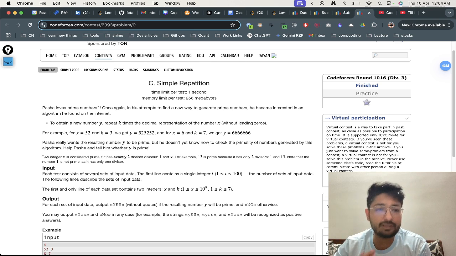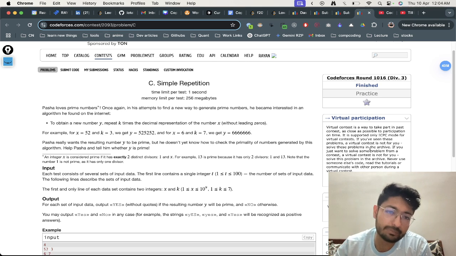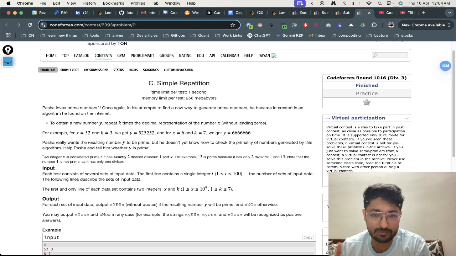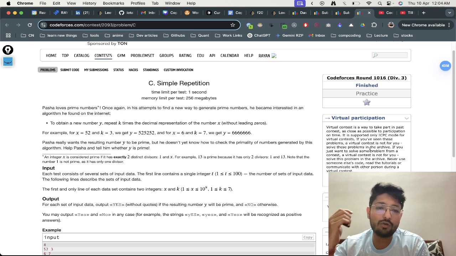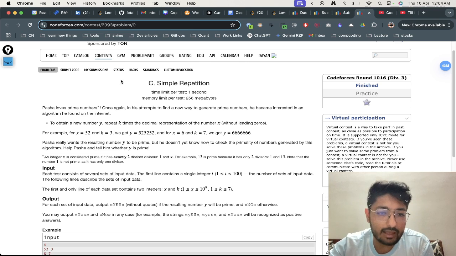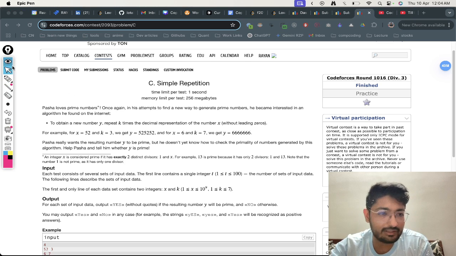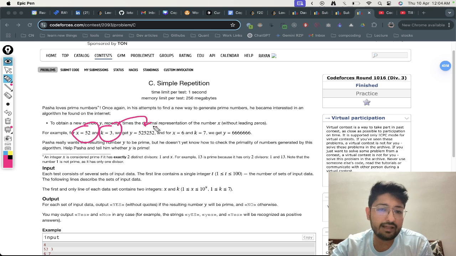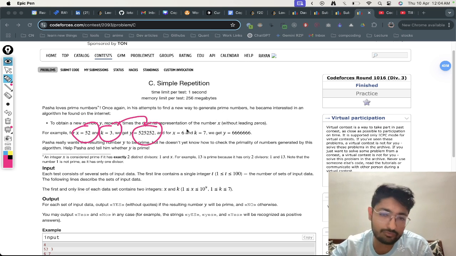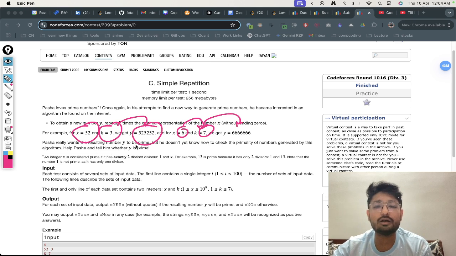The algorithm is to obtain a new number y by repeating k times the decimal representation. So you are given some number x and you have to repeat it k times, and they are saying that this algorithm will generate a prime number. So let's assume you are given x equal to 25, k equal to 3. So repeat 25 three times, and they are saying that this is a prime. Similarly, if you have x equal to 6, k equal to 7, repeat 6 seven times, and this is